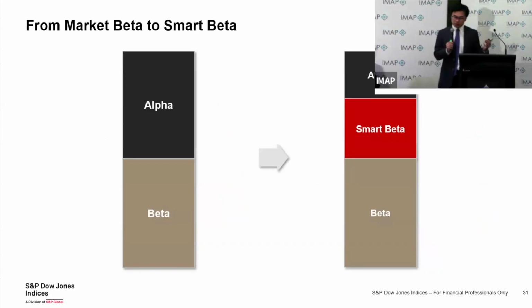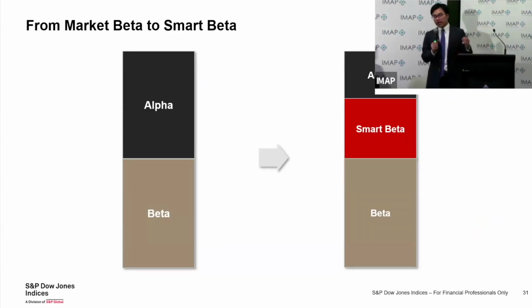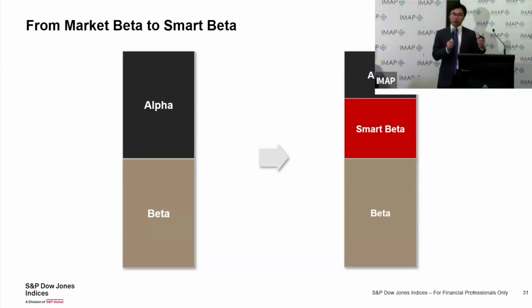So if we go back 40, 50 years ago, in the 1960s, 70s, when Harry Markowitz and William Sharpe came up with the capital asset pricing model. Back then, active managers could tell you, this is my portfolio return, this is my brilliant strategy. It's very difficult to understand where that performance comes from. The CAPM model tells us that you have something called the market beta, where you are taking the market exposure, you are compensated by taking the market risk. And on top of the market beta, you have this excess return, so-called alpha. And that's our understanding of how to look at active management 40, 50 years ago.